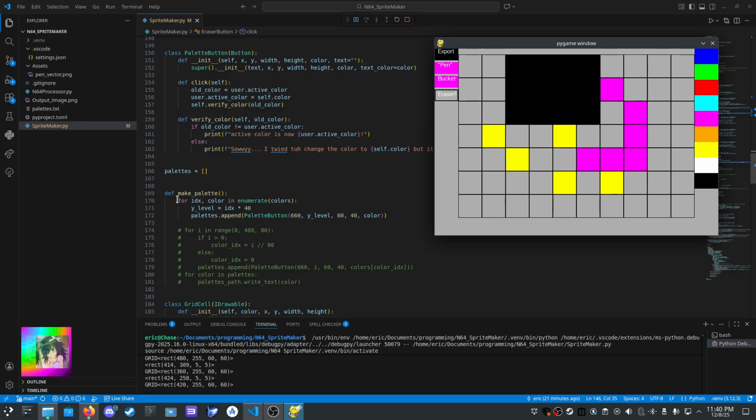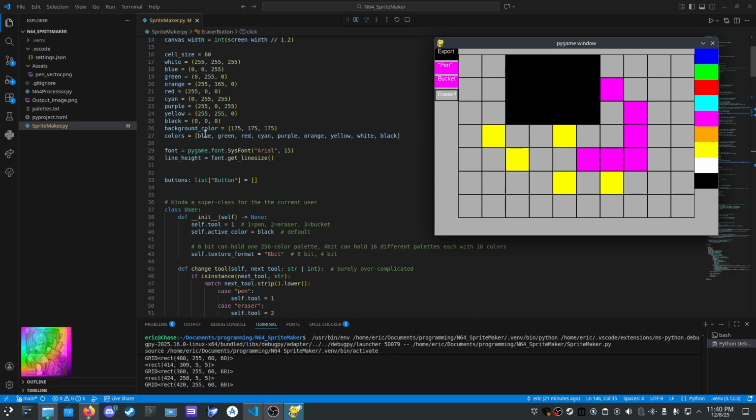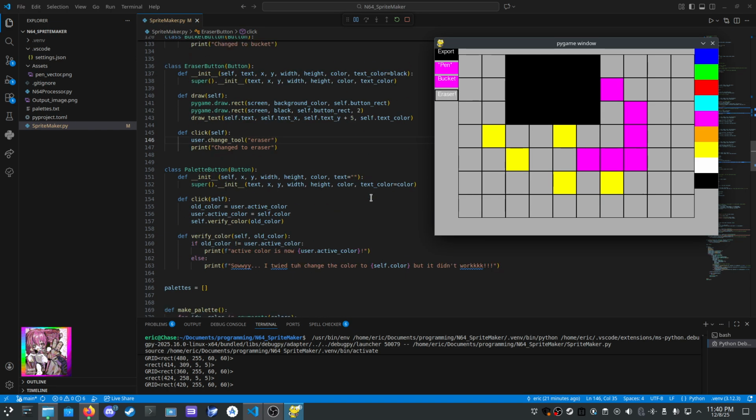For every color in colors, we set the Y value to be the position of that times 40. 40 is just the size of it, that way they're spaced apart. And then we just append palette button Y level, that way we have every single color that we defined right here. Every single one of these is here in order. It's very convenient.